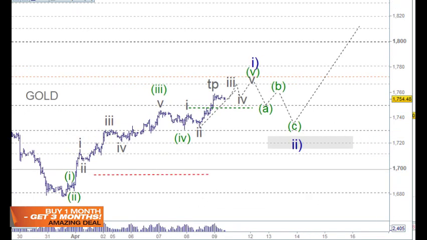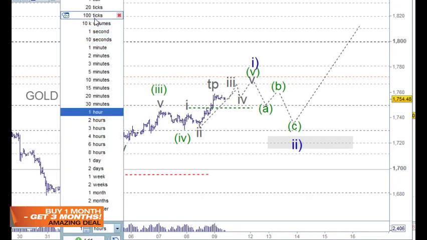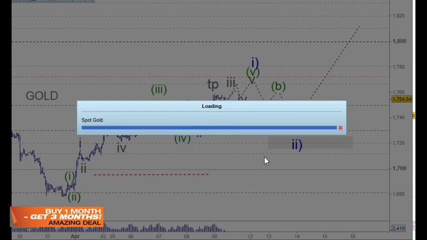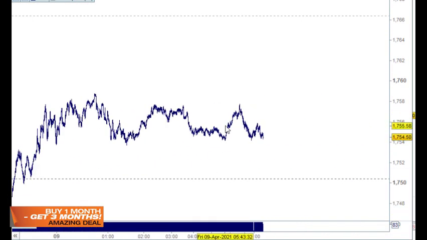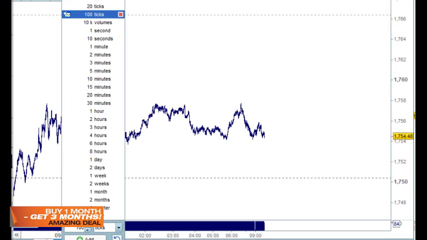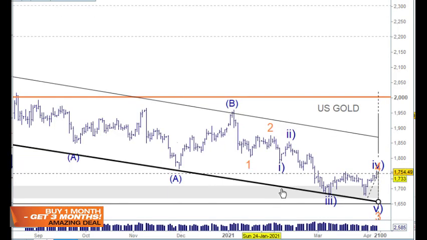So that's it, really. Let's just have a look on the tick chart. I don't know if I've updated it, so if I haven't updated it, we'll be moving out from that point. It looks like I haven't updated it at this point, so I won't worry about that. We'll just go back to the daily chart